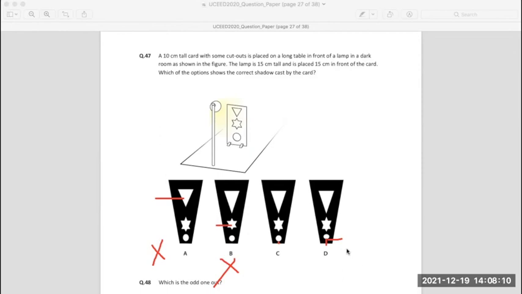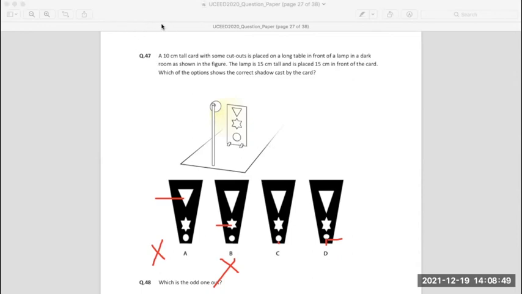Ma'am, but the circle won't be a perfect circle because of the angle. Because of that angle, yes, there's a possibility it might or might not be a perfect circle. But the distance that I am seeing in option D is clearly way more, almost equivalent to the distance seen on this card, which is placed here. Because of that, I will eliminate D. And I will choose C because it has a shorter distance, and it seems logical that from a point source, if the shadow is coming down, the distance will naturally be smaller.